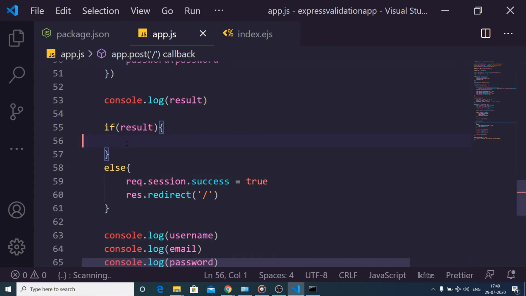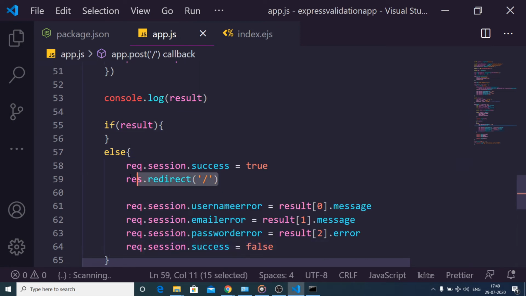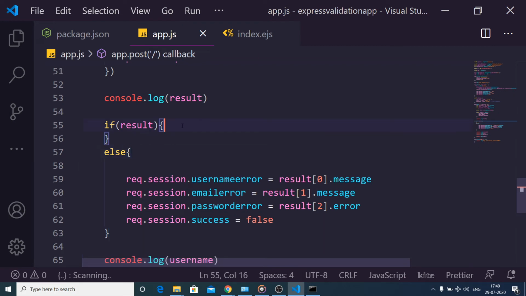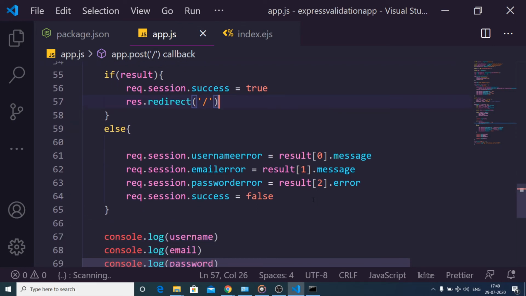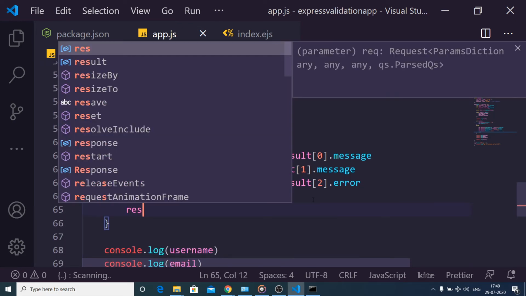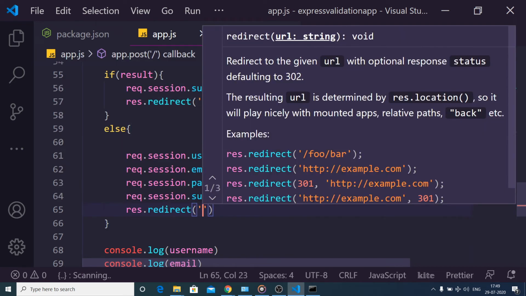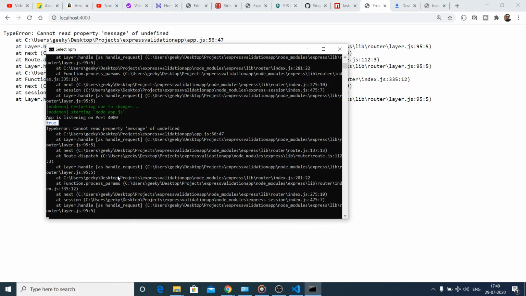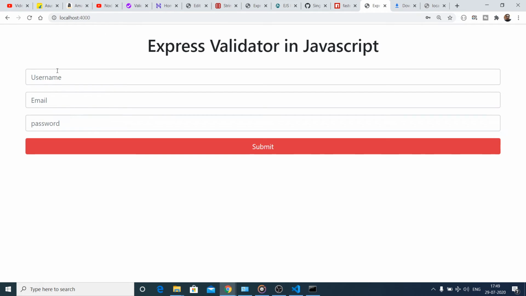So let me just copy this code and paste it here, and we need to copy paste this code here like this. And also in this case also, response dot redirect, in either of the cases we need to redirect the page to the home page, so we need to write this statement. So I think if I refresh it now, it will hopefully print out the success message on the screen.